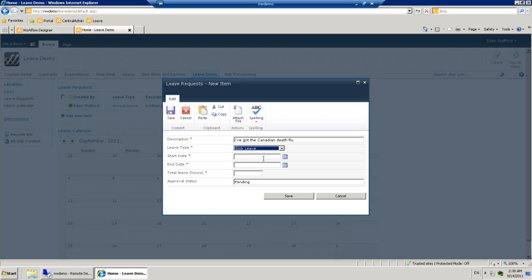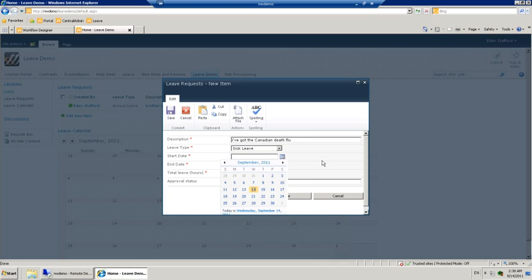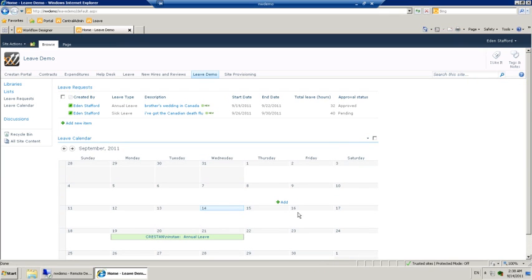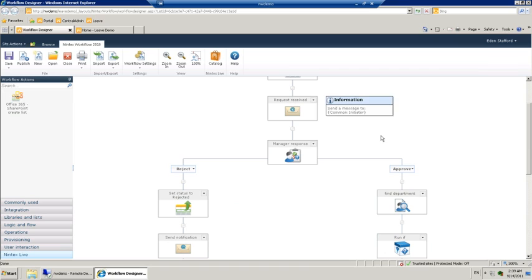We'll say sick leave, and I am sick immediately following my return from Canada, conveniently, and I need 40 hours of sick leave. If I get away with this, I'll be impressed. Okay, save. And away we go. So while we're waiting for that to complete, I'm going to show us a little bit more